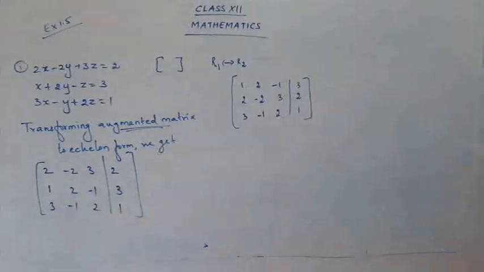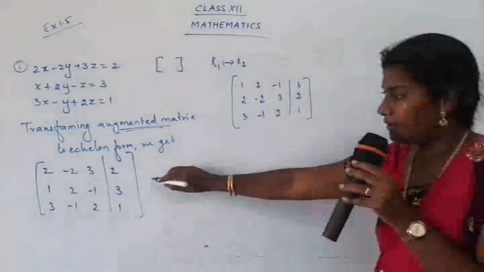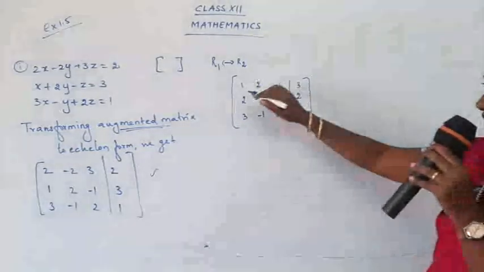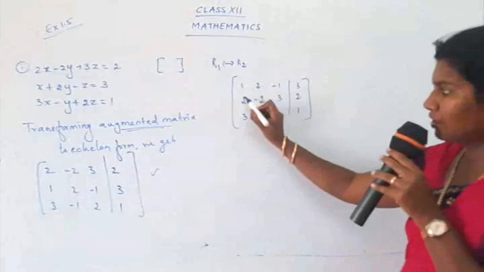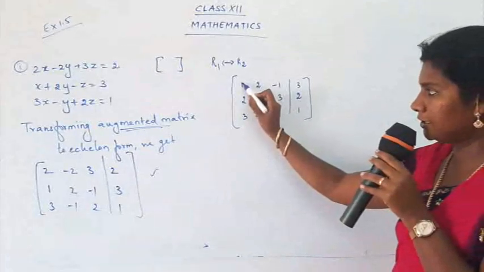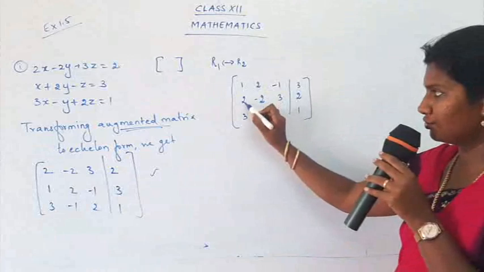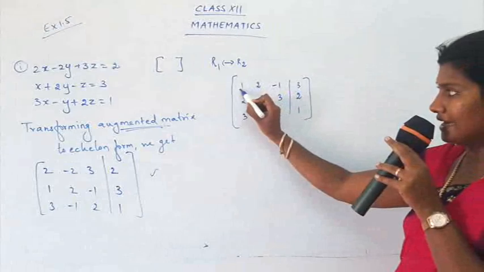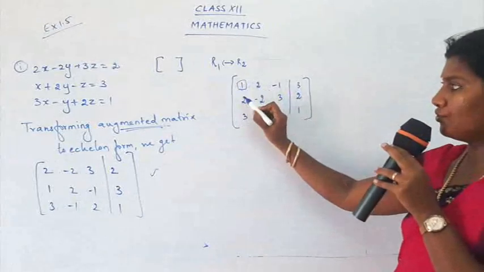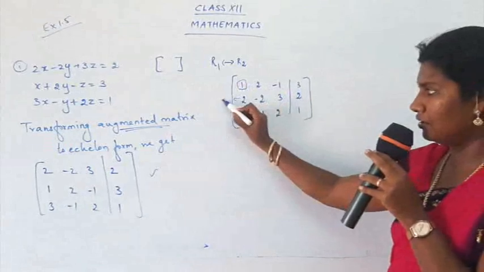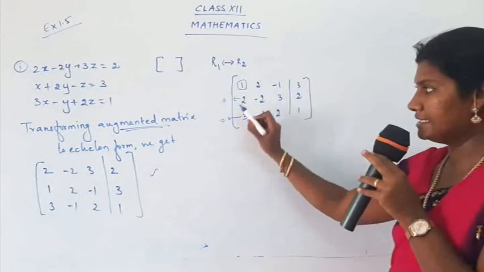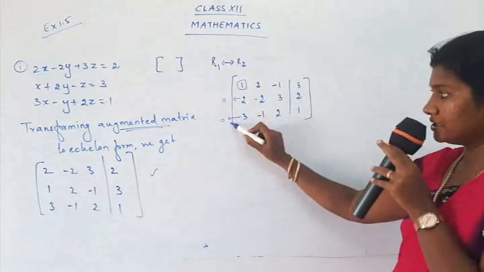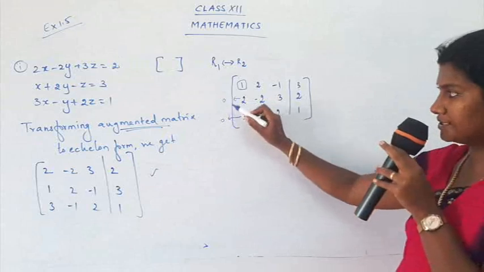Yes, children, now what are we going to do? First is presenting in the form of an augmented matrix. The second thing is, I got here. So now what you are going to do is make the elements below the first row 0. We have the first element of the first row as 1. What is the first element of the first row? It's 1. So we have to make this as 0 and this as 0. That is, the first element of the second row should be 0 and the first element of the third row should be 0. So this is our work now.